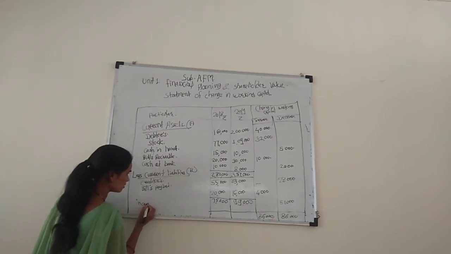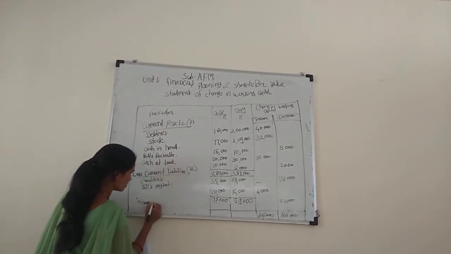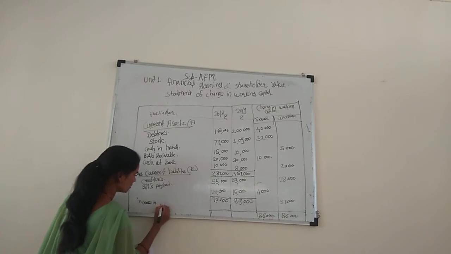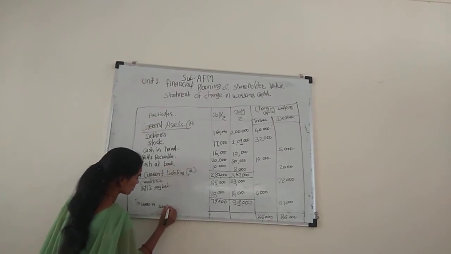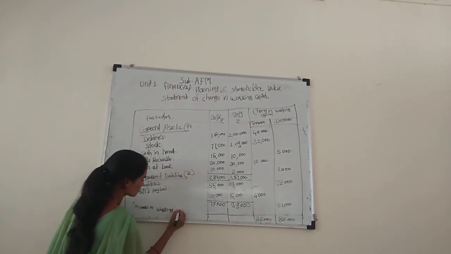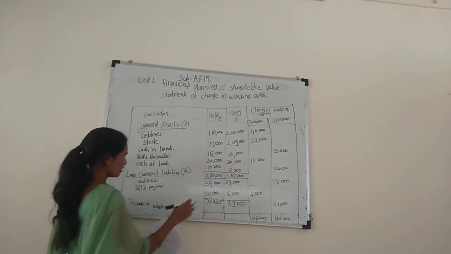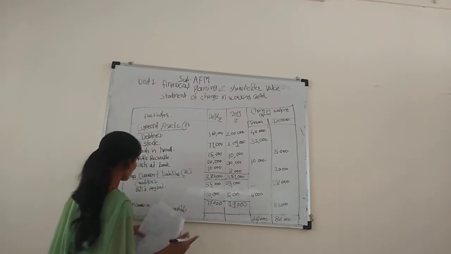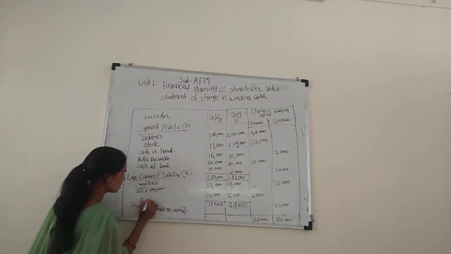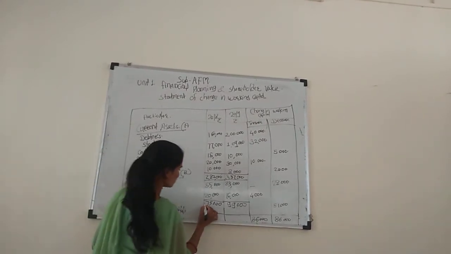Increase in working capital. Show the A minus B. A minus B is equal to